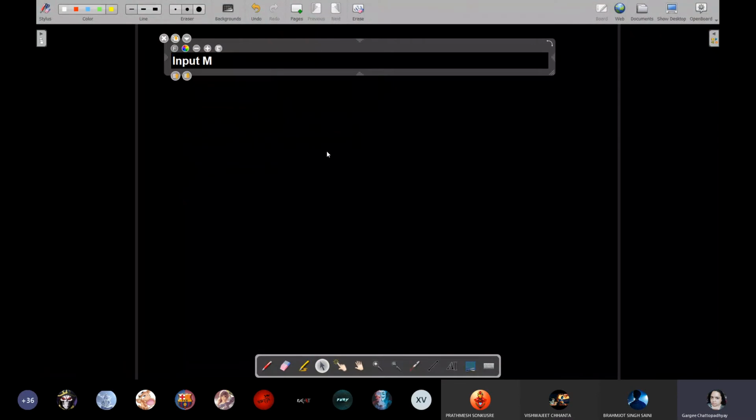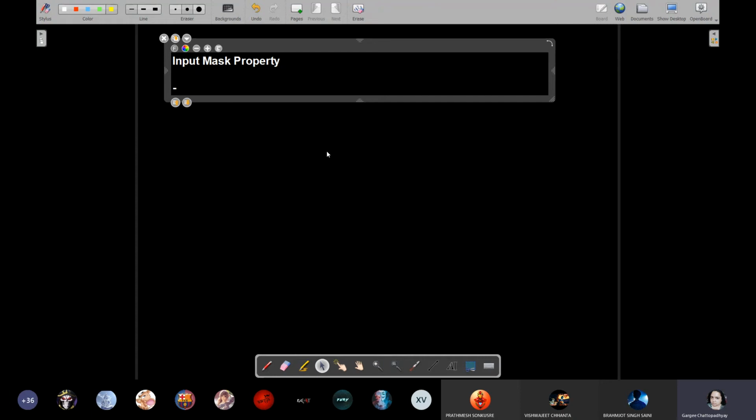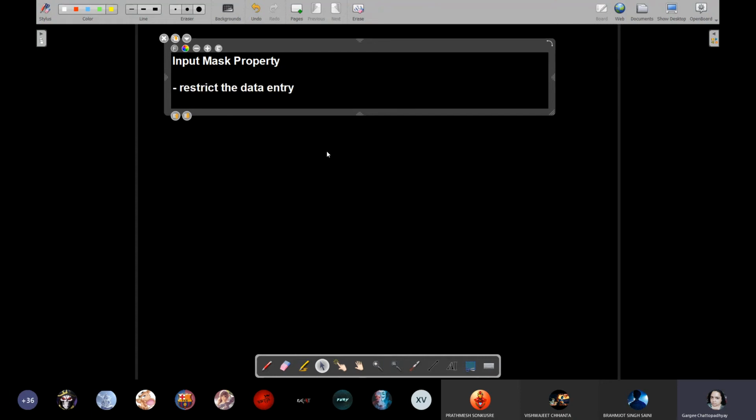So the input mask property, again, its task is to restrict the data entry. Data entry can be forced to be done in a specific format.